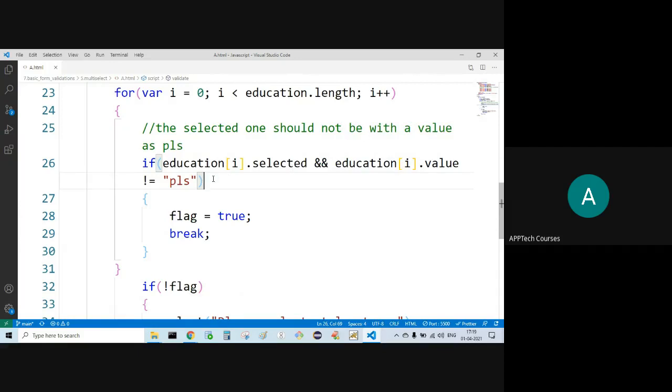One option I have selected, and that is not equal to PLS. Whatever I have selected, if that is PLS only, what happens? Education of i dot value not equal to PLS returns false.